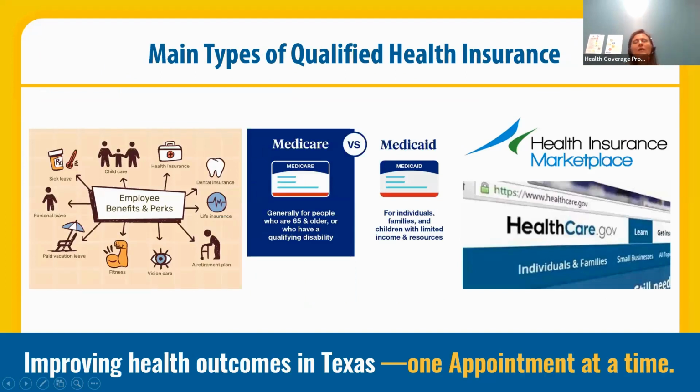So main types of qualified health insurance are the following: employer health insurance, those 2 or 3 public programs that we just talked about, Medicare, Medicaid, and the Children's Health Insurance Plan, and then also coverage through the health insurance marketplace. So importantly is this term here, qualified. And we'll get a little bit more into that later, but these are the 3 types of coverage that tend to be the ones that will give people access to qualified health plans, which means that they are good and affordable coverage plans that will help people cover the things that they need medically.